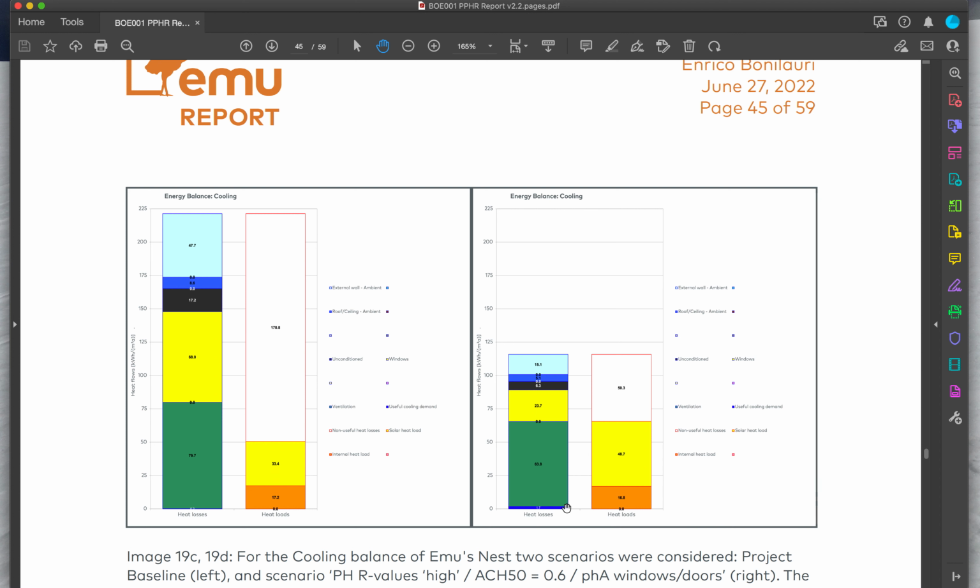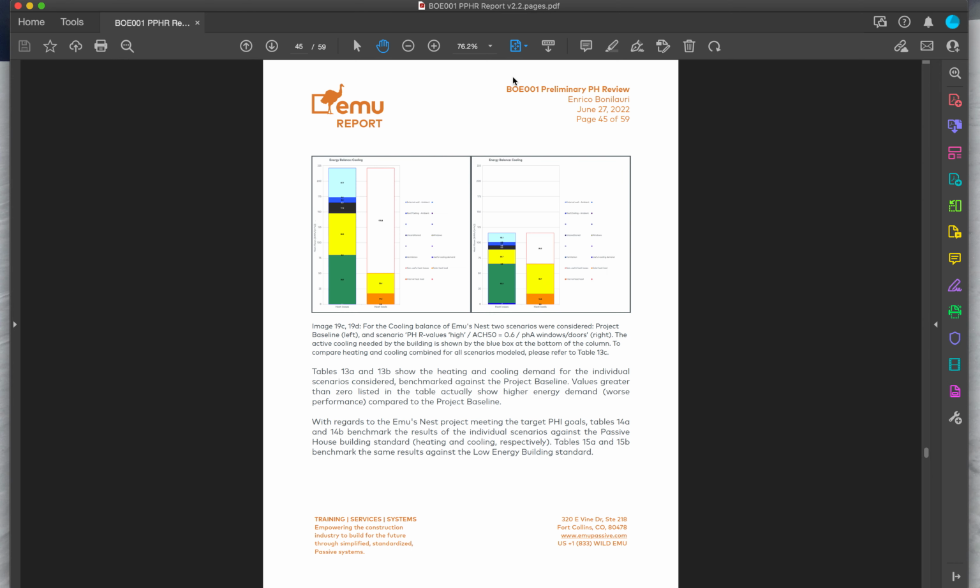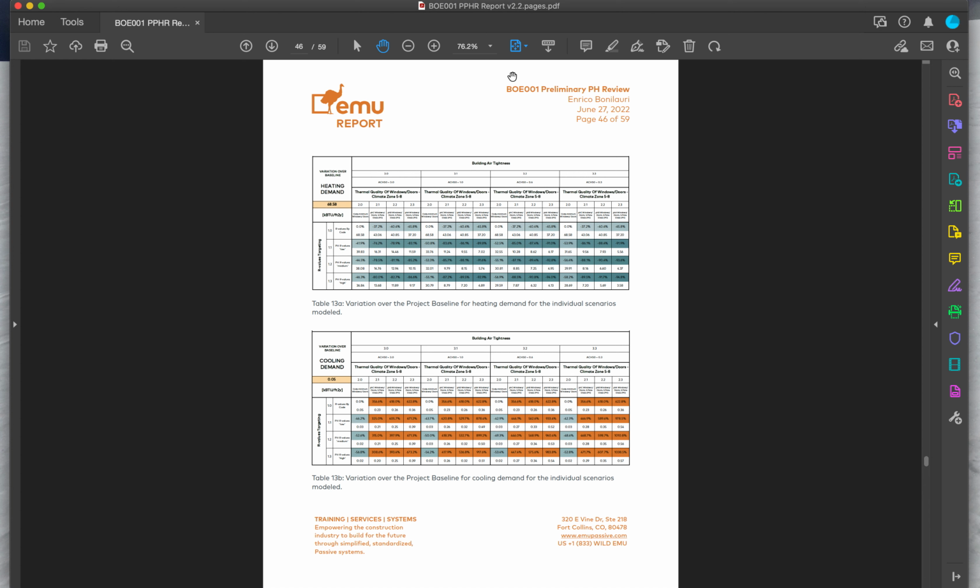So compared to the huge red box for the active heating, in this case, it is dramatically better to focus on the winter performance of the building for this project specifically and for this location specifically than on the summer performance. And this is something that we try to balance out depending on the location of the building as well as the design of the building. Now, looking at